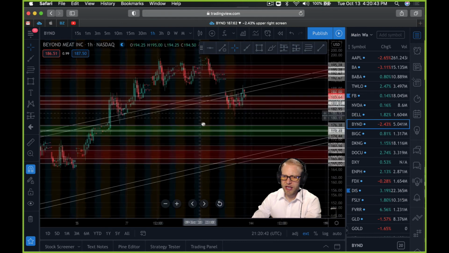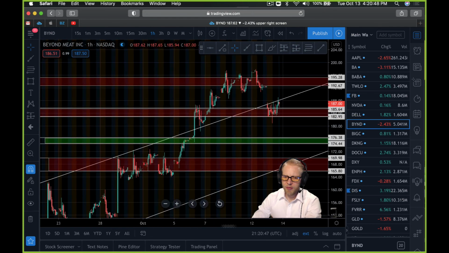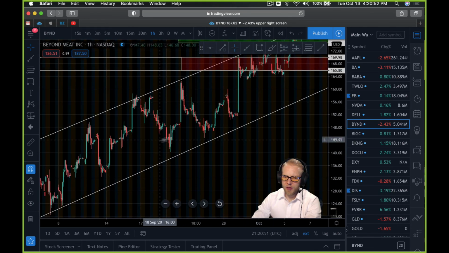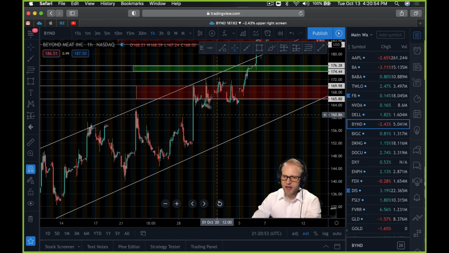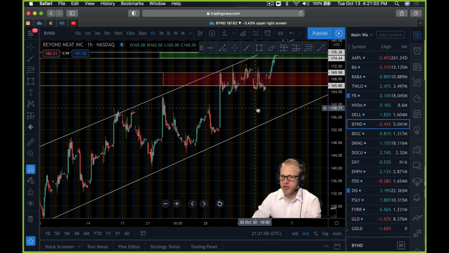We'll leave the trend line in for kicks and giggles, see what happens, but I'm not a big trend line person. I did notice that it was in quite a channel for quite some time. You could buy the lows and sell the highs. When I saw this consolidation at the top, that's where I got interested in it, but I did follow it through this whole scenario. But anyway,